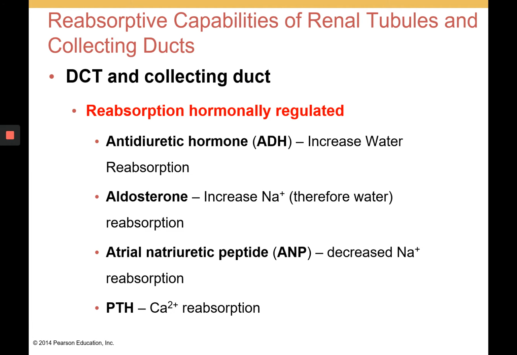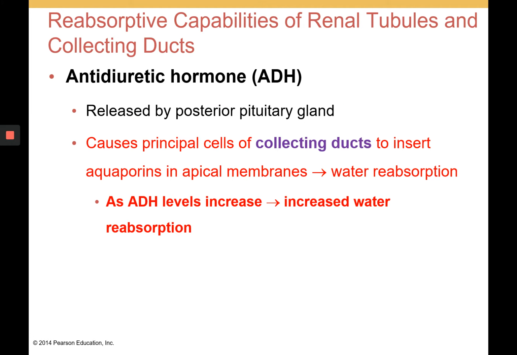The distal convoluted tubule and collecting duct function in both secretion and reabsorption. However, reabsorption in these areas is mainly hormonally regulated, and antidiuretic hormone, aldosterone, atrial natriuretic peptide, and PTH, or parathyroid hormone, are the hormones that can regulate reabsorption in the DCT, or distal convoluted tubule, and collecting duct. Antidiuretic hormone